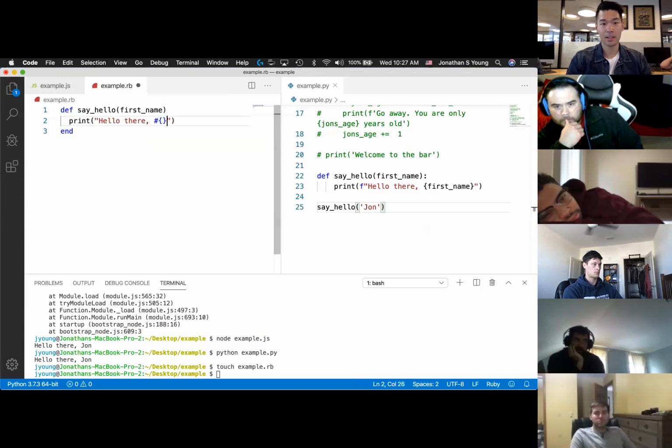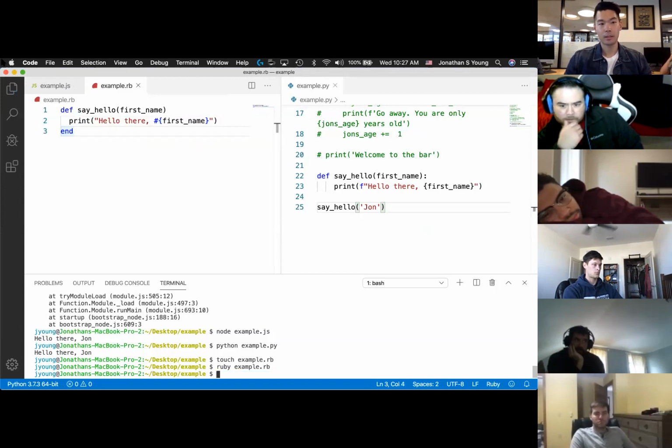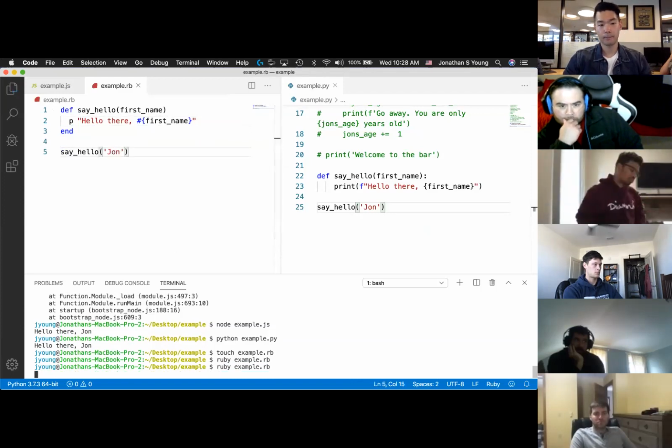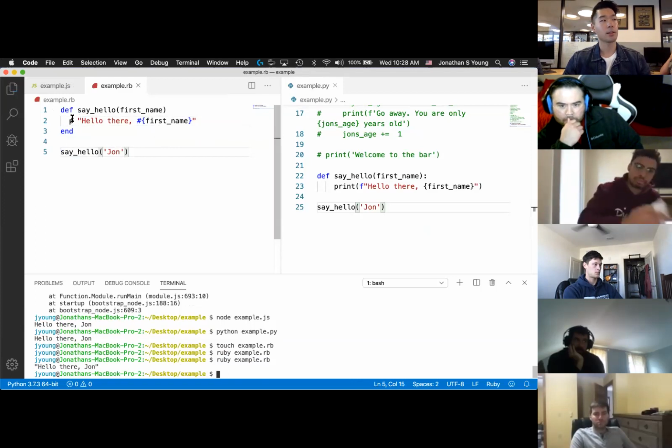Is it this? Yeah, first name. If I run that, it's ruby example.rb. Is it just p? I didn't call it. Yeah. Hello there, John. Exact same thing.